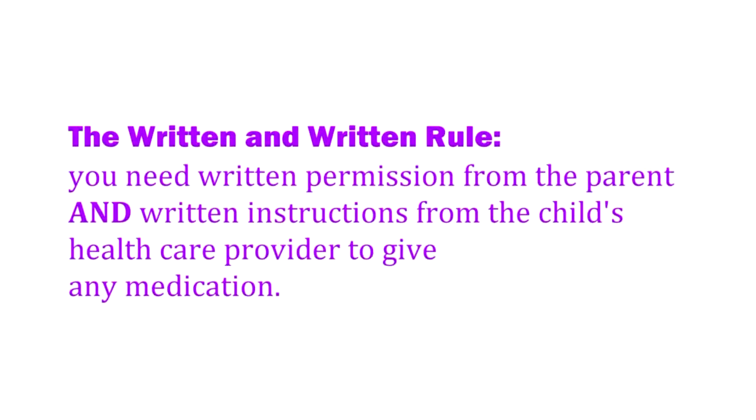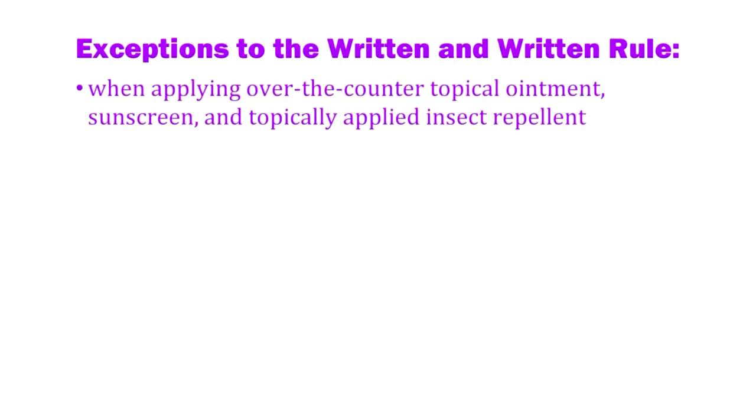Following the written and written rule, you need written permission from the parent and written instructions from the child's healthcare provider to give any medication. There are some exceptions to the written and written rule when applying over-the-counter topical ointment, sunscreen, and topically applied insect